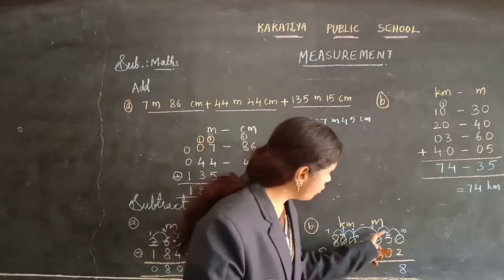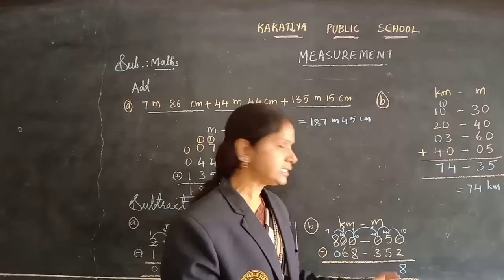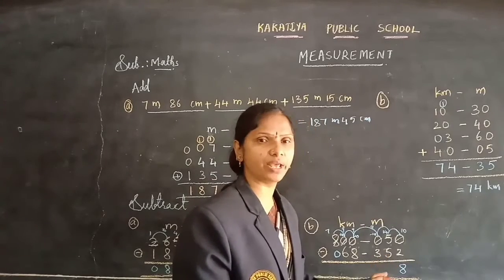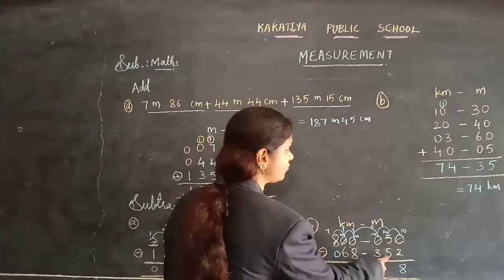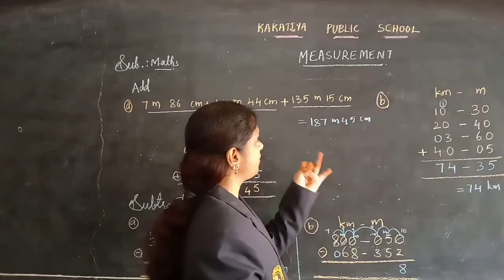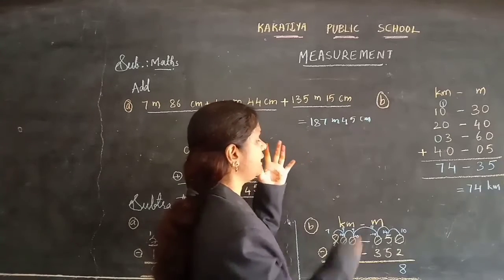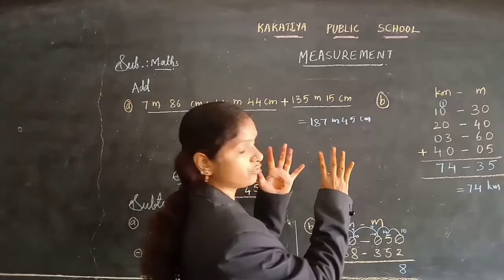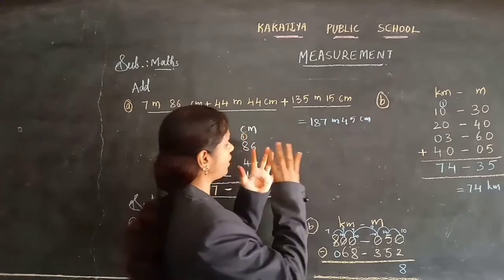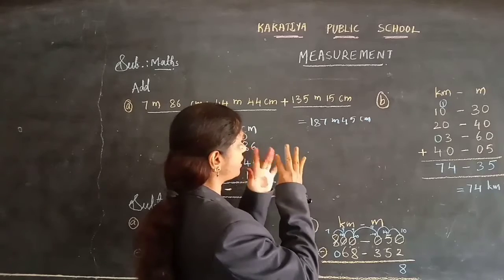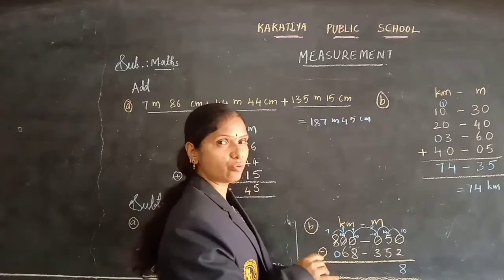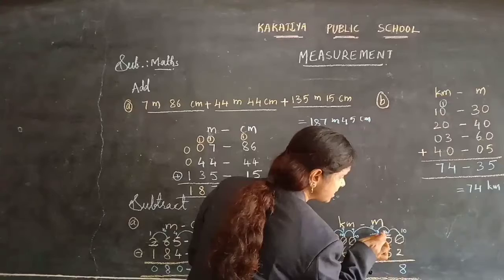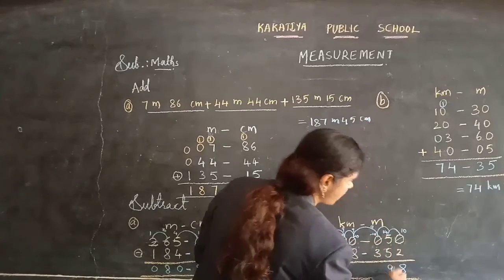Let's subtract now. 14 minus 5, or else you can start counting after 5 to reach the 14. 5 after here, 6, 7, 8, 9, 10, 11, 12, 13, 14. I reach the 14, children. So how many numbers are required here? 1, 2, 3, 4, 5, 6, 7, 8, 9 numbers are required to reach the 14. Or else 14 minus 5 is 9.